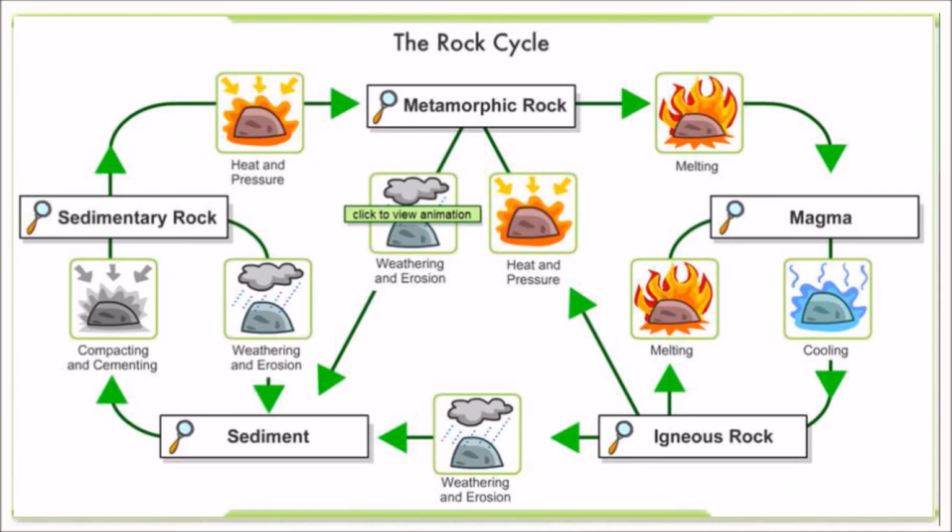The sedimentary rocks have many layers in them, and then under high temperature and pressure it changes to metamorphic rocks. Again, when metamorphic rocks are subjected to high temperature or high pressure, they will again get into molten form, magma. So this process continues. This endless process is called the rock cycle.